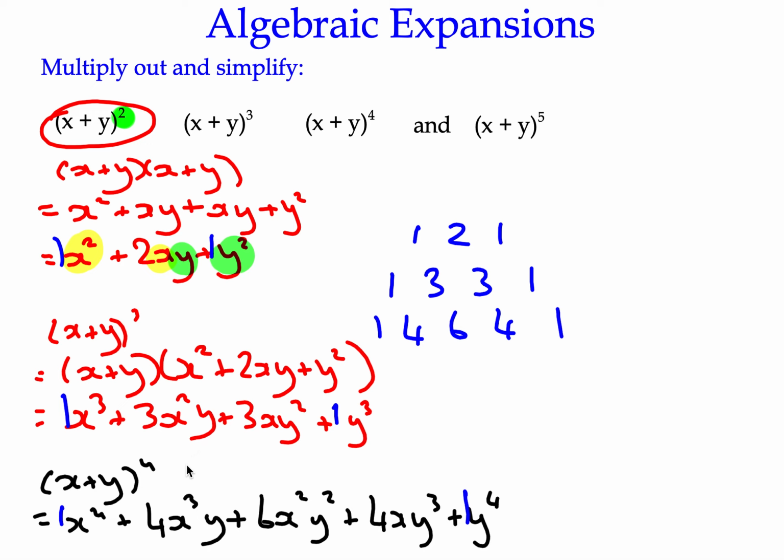So if you're trying to do an expansion of (x plus y) to the power 5, all you need to know are the numbers in row 5 of Pascal's triangle that are going to form your actual coefficients. And then all you need to do is to start writing x to the 5 and then decreasing powers of x, and then you start multiplying by increasing powers of y, and you'll have your answer.